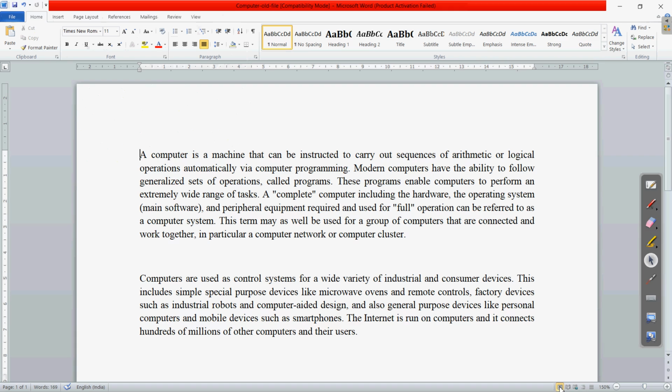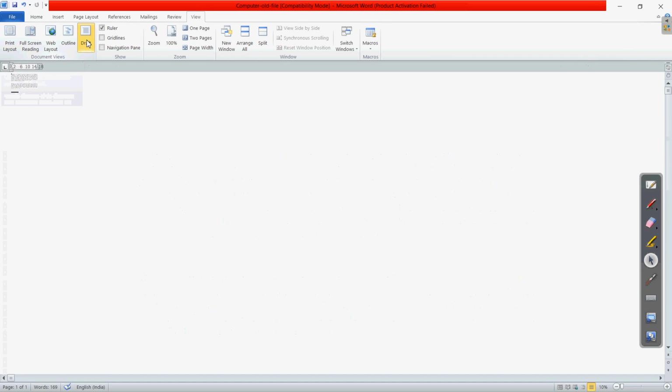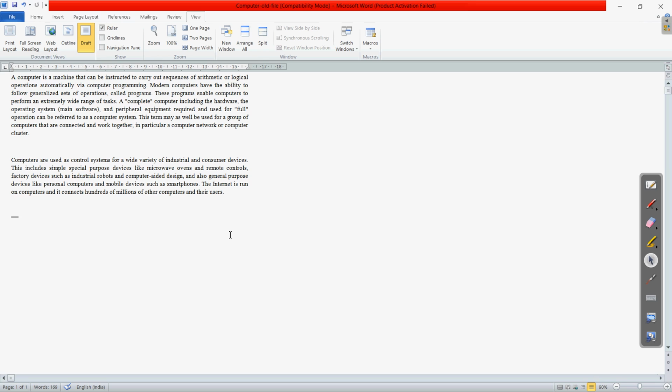Now let us come back to the original form. The one remaining view was the draft view. So let us click on the draft view. If I click on the draft view, the zoom percentage is very low right now. If there were any graphics, images or charts, and right now the document does not have any, all those graphics would have been hidden, and only the text would appear in the draft view. Clear?